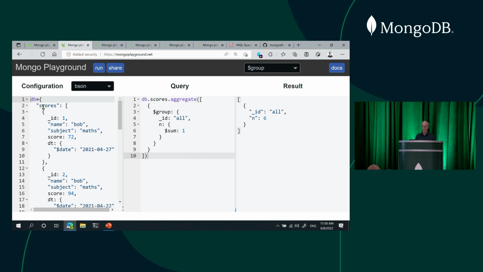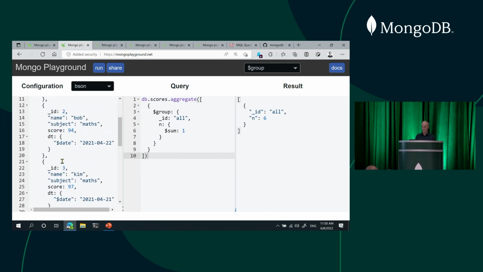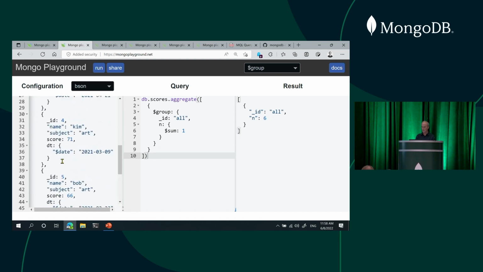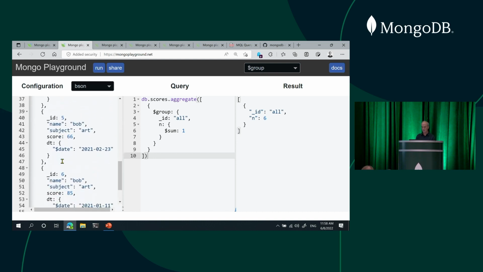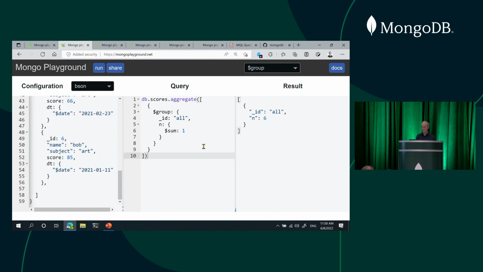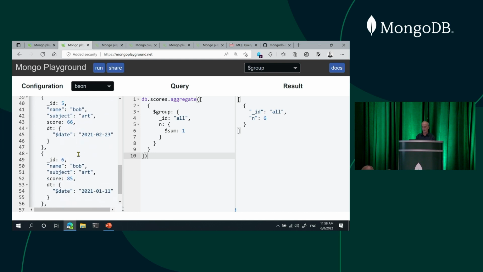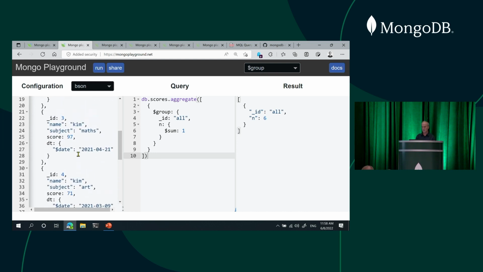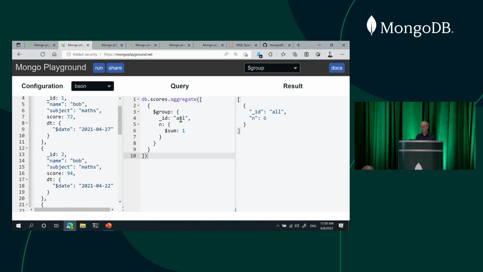So here in the scores original collection, I had 6 documents. Trust me, I counted. And then I said group by all of them. So it just had one group on the out and counted each one. And then if I wanted to say group by subject and count how many per subject, I will say